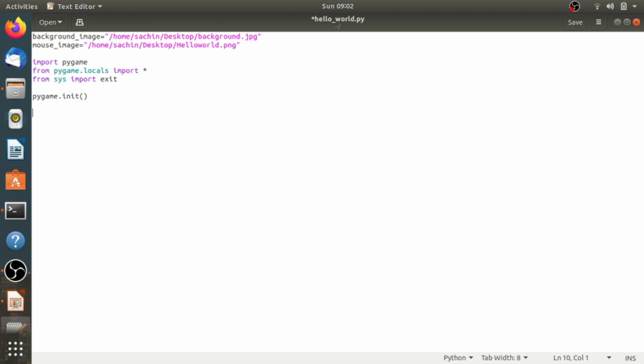Now, after initializing Pygame, we need to create a display surface. The display could be a window on your desktop, or it could be the entire screen, but you always access it by a Pygame surface object, right? So there is a function called display set mode.